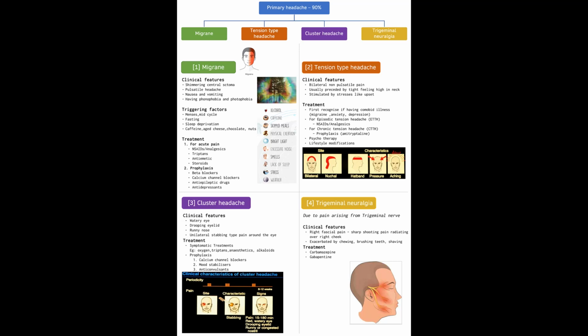The extracranial structures which are sensitive to pain around the head and neck region are skin, subcutaneous tissue, muscles, periosteum of the skull, mucosa, extracranial arteries, delicate structures of the eye, ear, nasal cavities, and sinuses. What are the nerves which are pain-sensitive structures in the head? Those are the trigeminal nerve, facial nerve, glossopharyngeal nerve, vagus nerve, and upper three cervical roots.